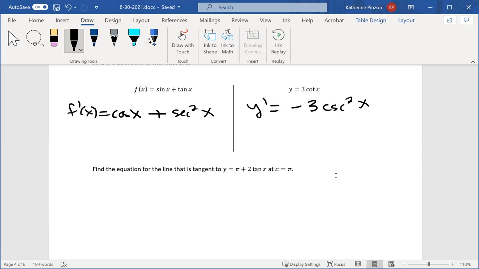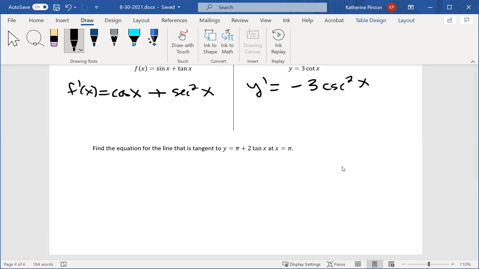And then how do you find your point? Plug in your x value. Okay, let's do that part first because that's easier. I'm going to find my point first. Y equals pi plus 2 tangent of pi. Pi plus tangent of pi is,